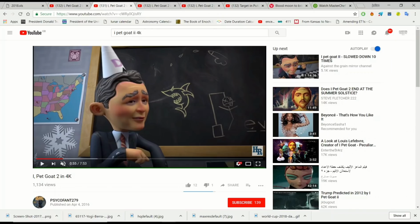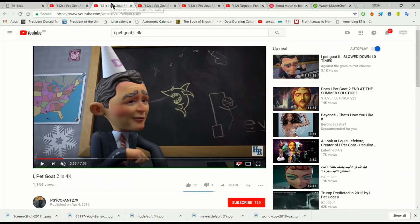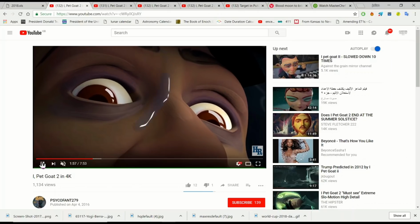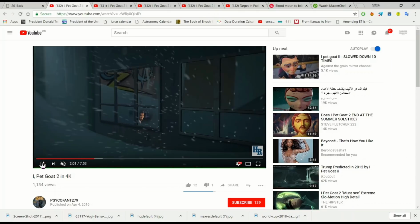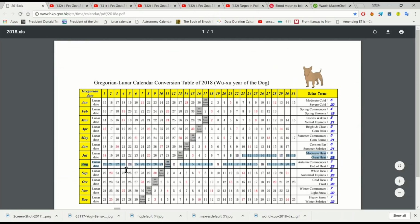If we're thinking about a party and the number 4, then the 4th of August, the 23rd of August on the lunar calendar, is Obama's birthday. And when we are in the iPet Go 2 video and we're seeing Obama on the 22nd, possibly a missile launch from North Korea, Russia, or Iran, looking worried, the day before, something happening with maybe the Kilauea volcano, we then come outside, see Psalm 23 on the wall, and we've taken that to mean the 23rd of something. Well, I think it's the lunar 23rd, which is August the 4th, Obama's birthday,